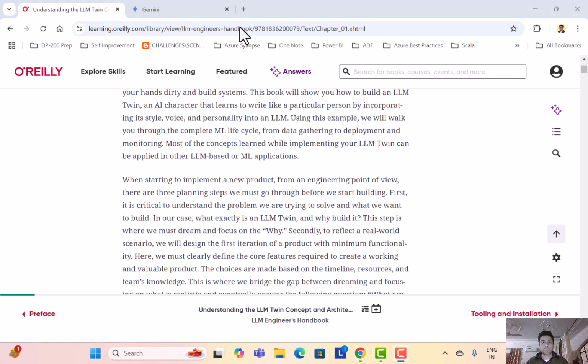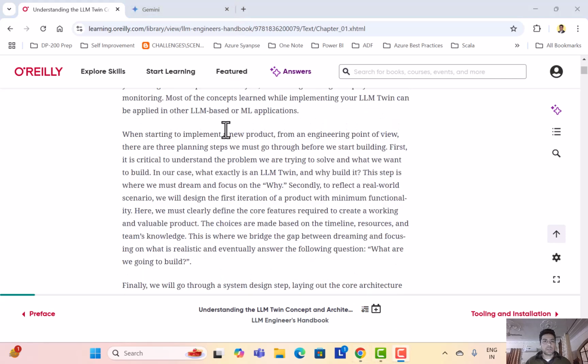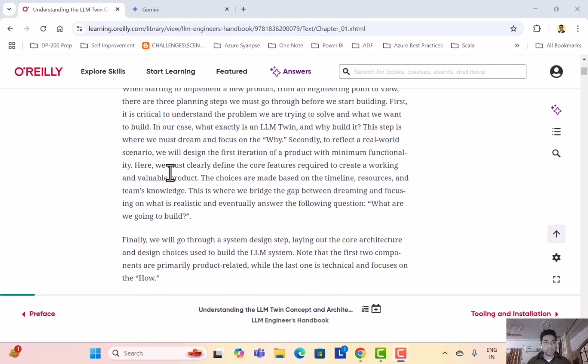Starting to implement a new product from an engineer's point of view, there are three planning steps we must go through before we start building. First, it is critical to understand the problem that we're trying to solve and what we want to build. In our case, what exactly is an LLM twin and why build it? This step is where we must stay focused on the why.